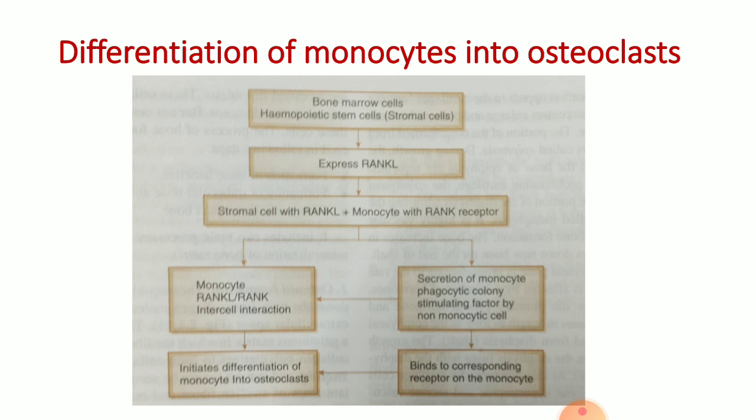Now here is a flow chart showing how the osteoclasts are stimulated and differentiated from its precursor cells under the influence of parathyroid hormone. This diagram I will be discussing and elaborating later in the context of parathyroid hormone. But one thing I must tell you in this context, that though osteoclasts depend on parathyroid hormone for its stimulation and activity, there is no specific receptor for parathyroid hormone over the osteoclast. Parathyroid hormone stimulates osteoclasts in an indirect way through osteoblast.